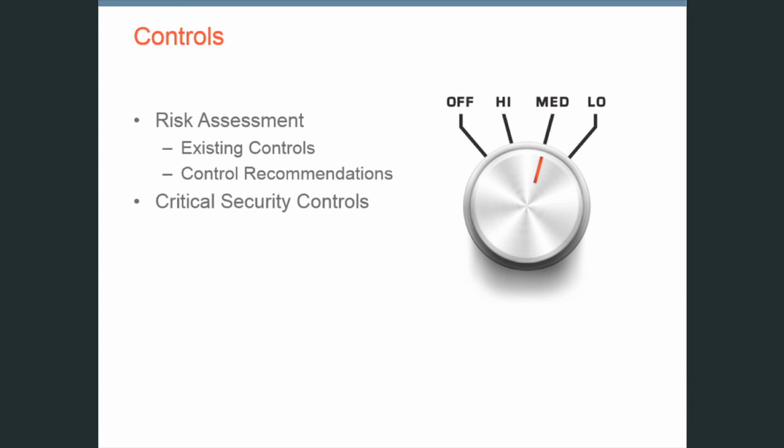So, controls. As I alluded to earlier, controls go back into that whole phase of introducing controls and making sure they are there and in place. So what is the goal of this step? During the risk assessment, you're going to look at existing controls. For example, to prevent somebody from trying to brute force a username and password combination, you may have a specific lockout mechanism already in place before you even start your risk assessment process. There also could be